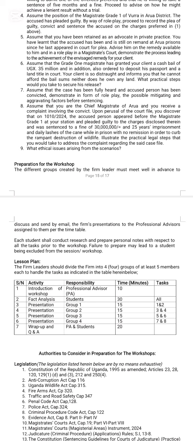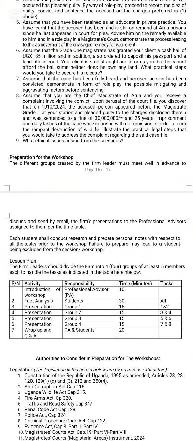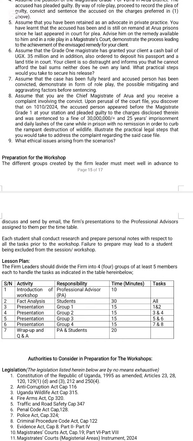So we are all aware that, in the case of Simon Chamanywa versus Uganda, he challenged this practice of giving canes to prisoners, and the court said that this was unconstitutional, contravening Article 24 of the Constitution. And in the Chief Magistrate's Court, this person was given a fine of 30 million and 25 years imprisonment. A Grade 1 magistrate does not have powers to do that. If you read section 161 of the Magistrates Courts Act, he acted beyond his power.